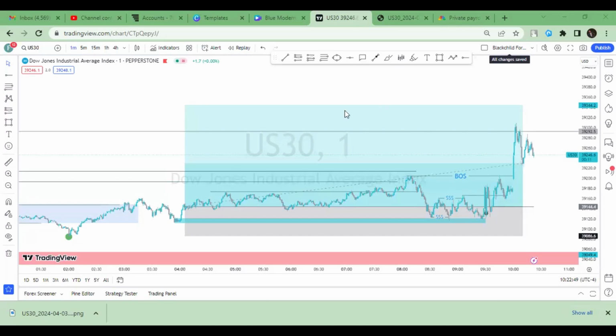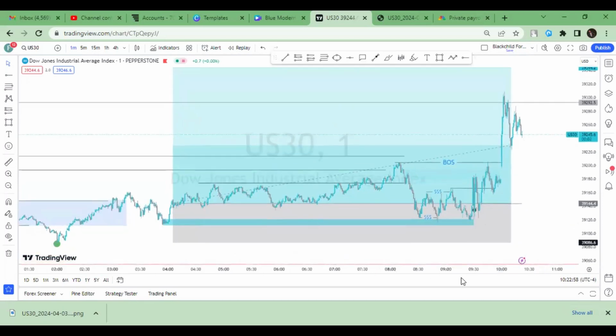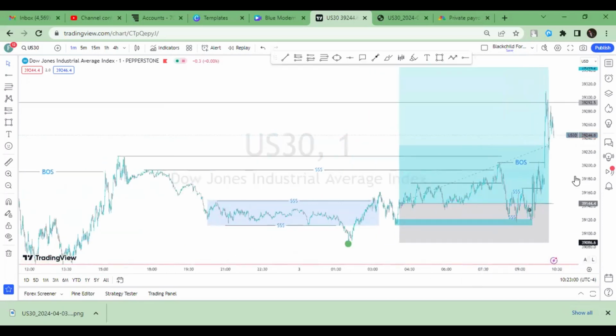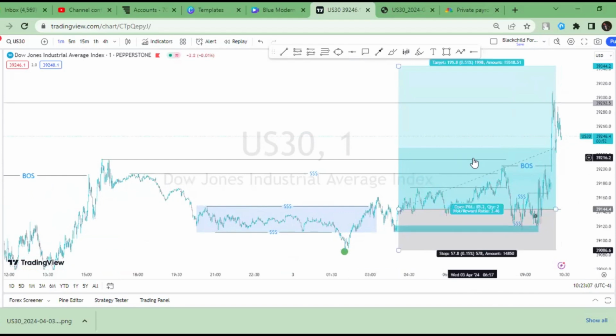All right, guys. So right now, I'm on my TradingView. I just want to show you how everything has played out. You can see where I entered the trade and how the trade moved to the upside. So I'll go step by step on how I was able to manage this trade to the point that I was able to close my entry somewhere around here,